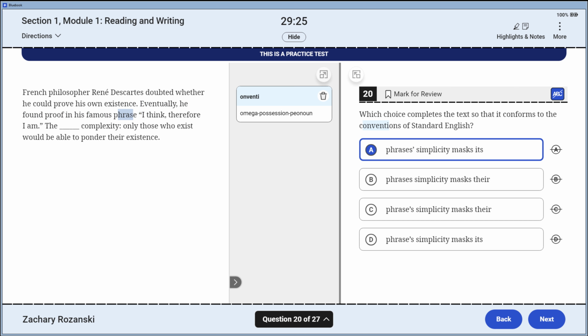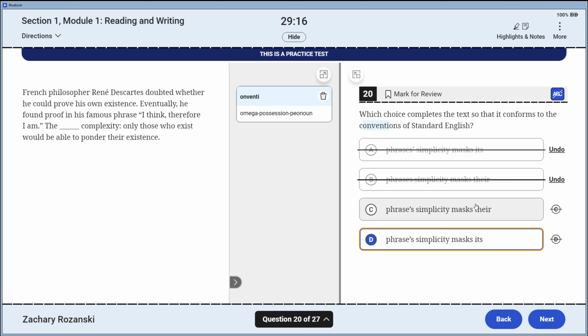In the text, I see that we have a singular phrase. Since we have a singular phrase, we can kill A because it's plural phrases, B because it's plural phrases, and both of these two things survive. Now I'm going to consider what is the antecedent for this question, and the it's is referring back to the phrase too. And since we've already decided that phrase is singular, it's is our singular option.